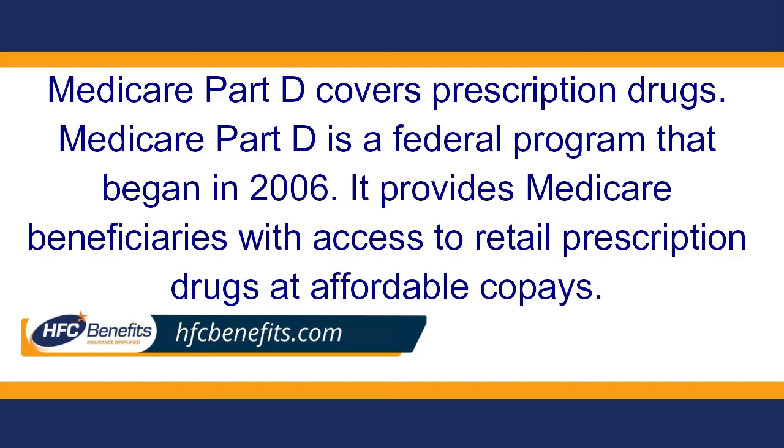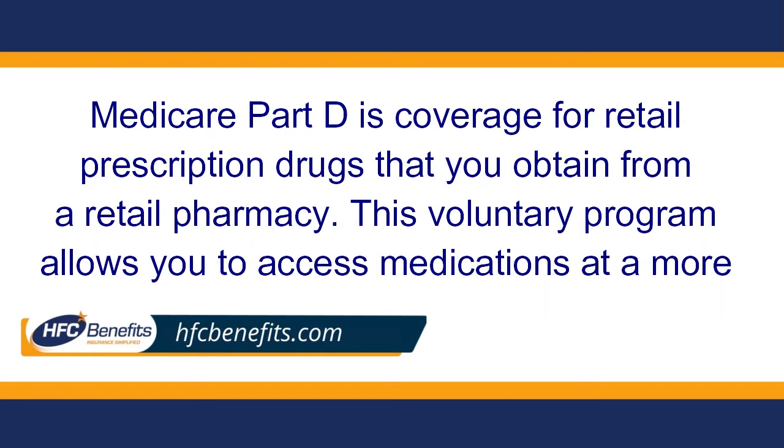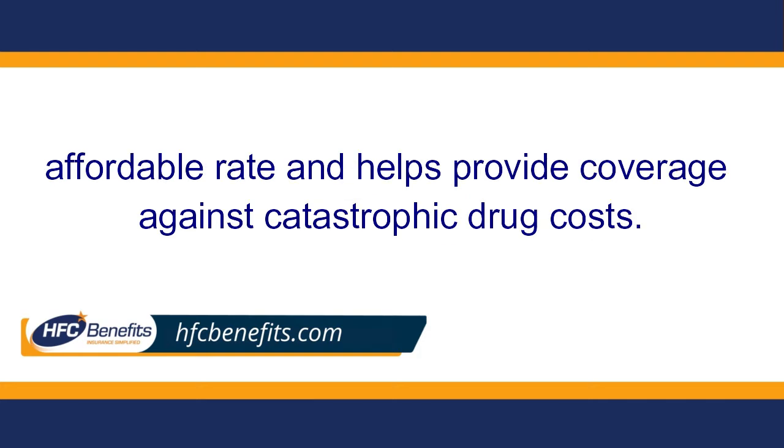So what is Medicare Part D? Medicare Part D covers prescription drugs. It is a federal program that began in 2006. It provides Medicare beneficiaries with access to retail prescription drugs at an affordable copay. Coverage is for retail prescription drugs that you obtain at a retail pharmacy. This voluntary program allows you access to medications at a more affordable rate and helps provide coverage against catastrophic drug